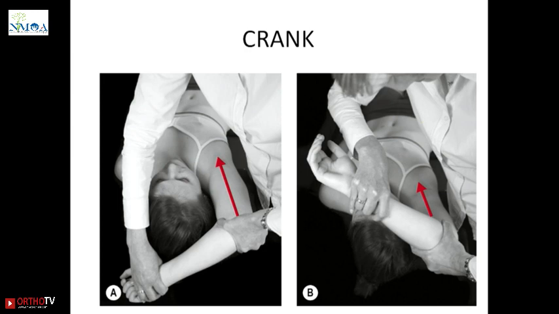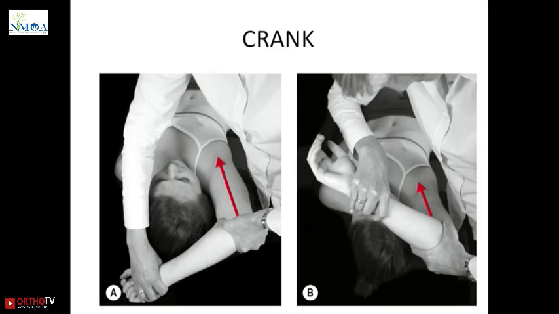Now there are a few tests for labral pathology. The first one of them is the crank test. The crank test is not very specific or sensitive, but it is analogous to the McMurray's test that we perform in the knee joint, in which the shoulder is elevated, the elbow is flexed 90 degrees, an axial force is given, and then an external and internal rotation force is given to the elbow with the forearm as a lever arm. And if there is a clunk or some kind of click felt, it is usually indicative of